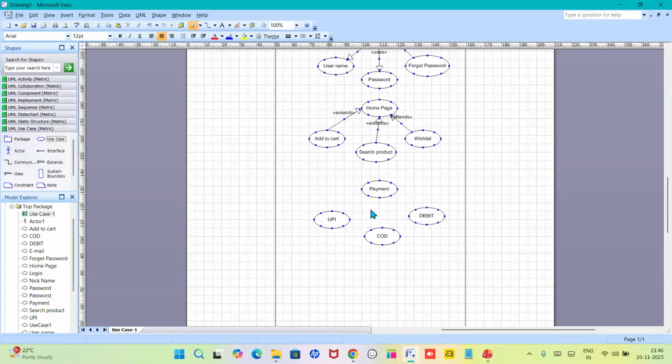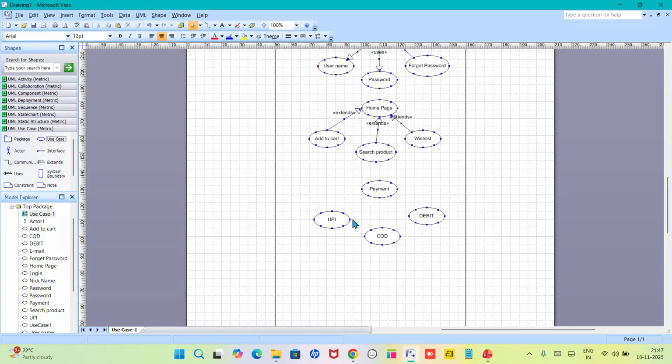So to show this relationship between the payment and the UPI, what are the options we are having? We can use the relationship like generalization, because as I told you already, whenever we want to complete a main functionality, for the supporting details we are giving multiple options. From those multiple options, we need to select only one. So it has only one access to complete that main functionality. In this situation, we are using generalization, right? So here for this payment process,